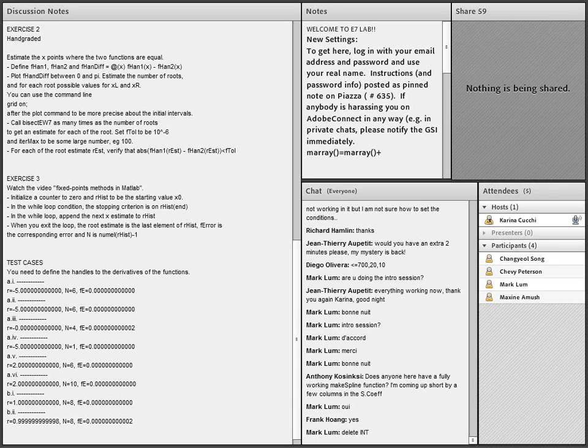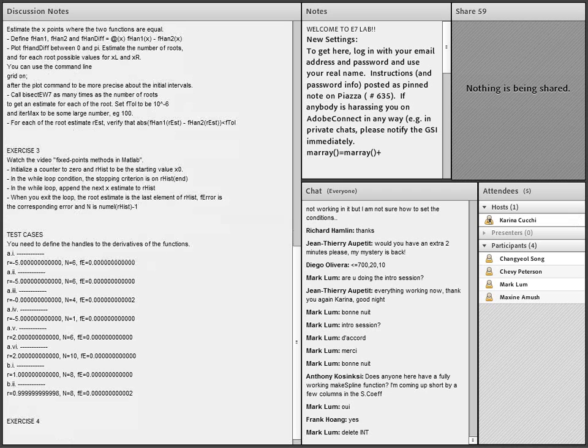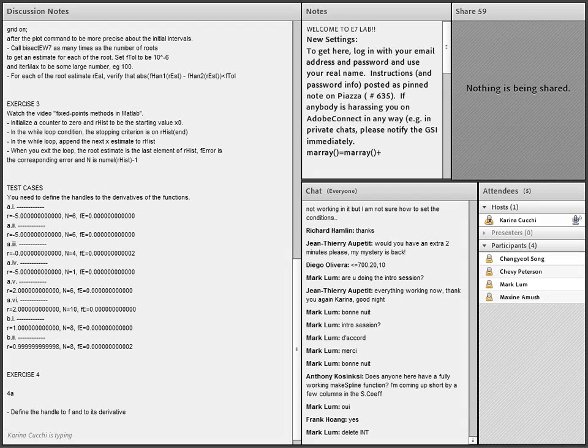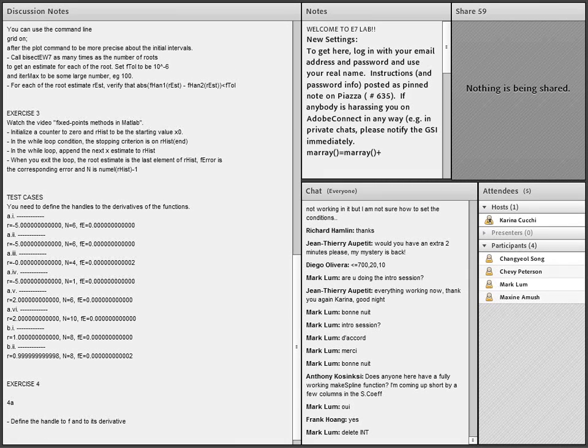Okay, so let's move to exercise 4. In exercise 4, now that you have implemented the two algorithms for root finding, you are going to compare them. In 4a, you have a function defined by a polynomial, and you want to find the corresponding roots with the Newton-Raphson method. First thing, define the function handle to the function and to its derivative. Also, once again, plot the function